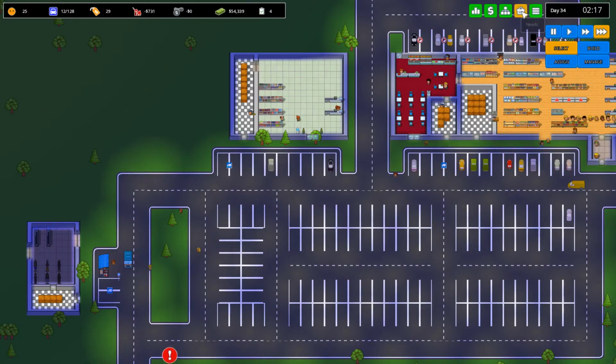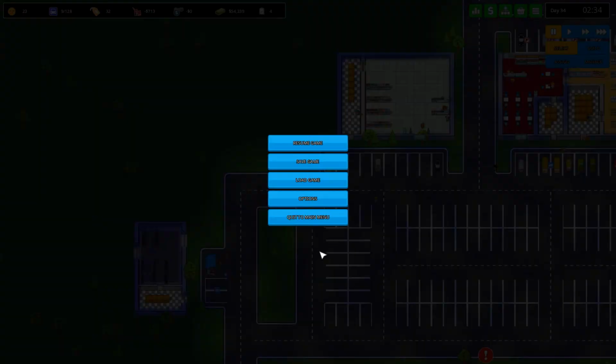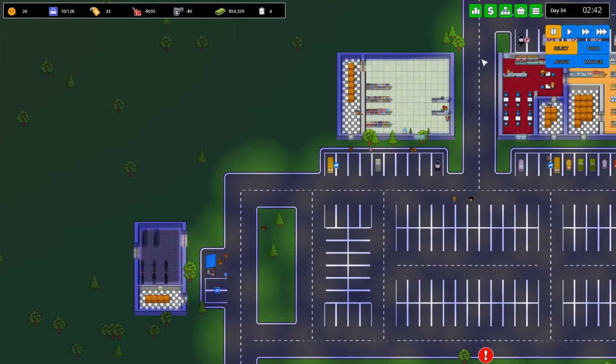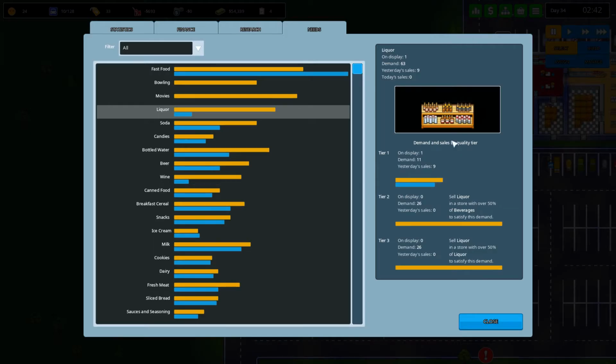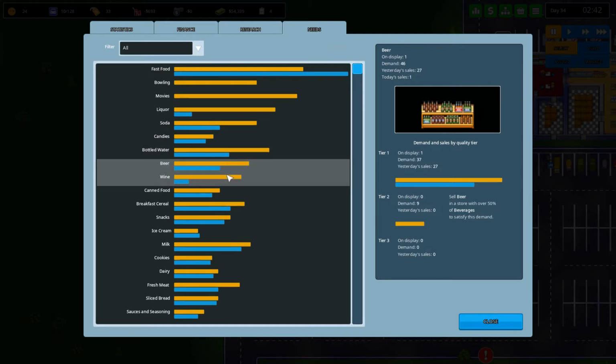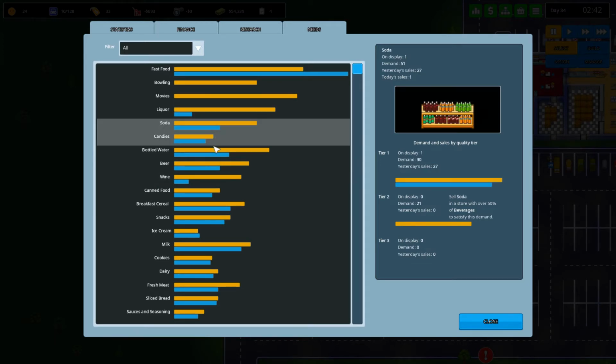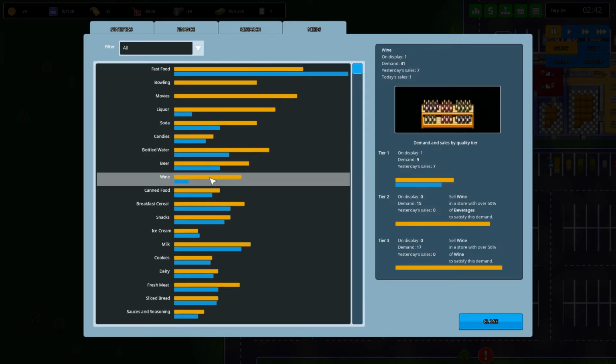Can I have a look at products, for instance? I want to just have a look at products. I'm guessing this is how I do it. So soda, bottled water, beer, wine. Okay, so if we just create a store that just sells that as a beverage kind of store,